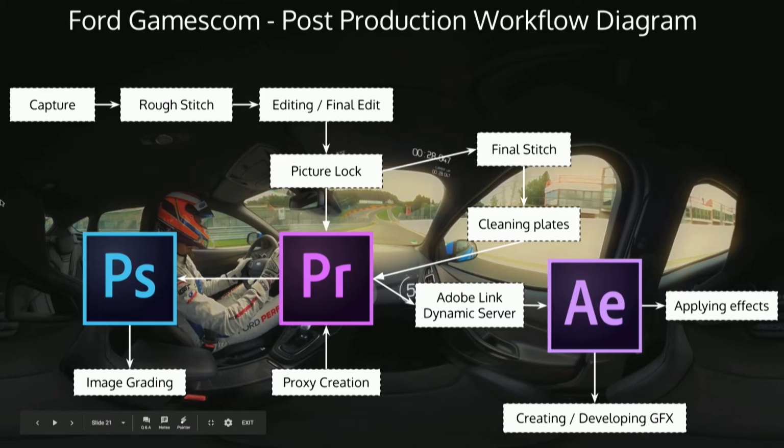So just a bit of an overview of how we work at Happy Finish in post-production. Once we've captured the footage on set, we tend to come back and perform a rough stitch on everything. This allows our clients to see what we've shot through the 4 camera eyes together and enables us to picture lock the experience and create a final edit. The reason we do this first is because final stitches and cleaning of the plates can be quite time consuming,